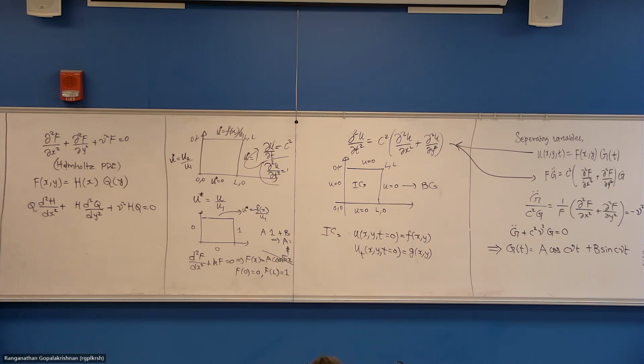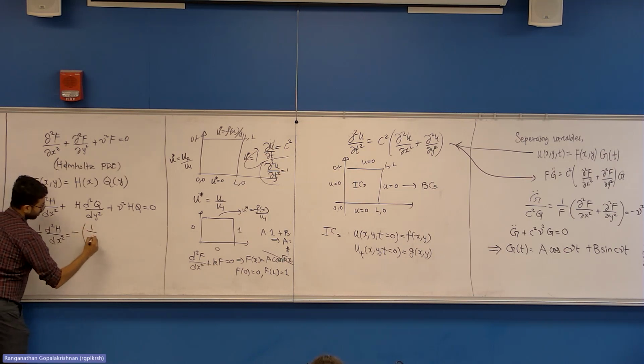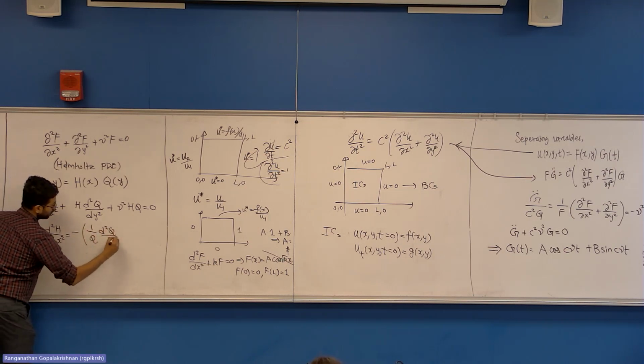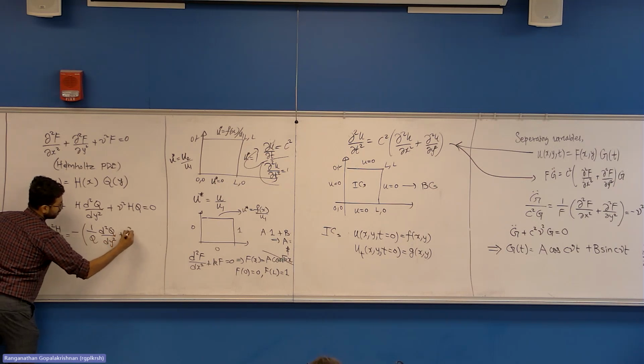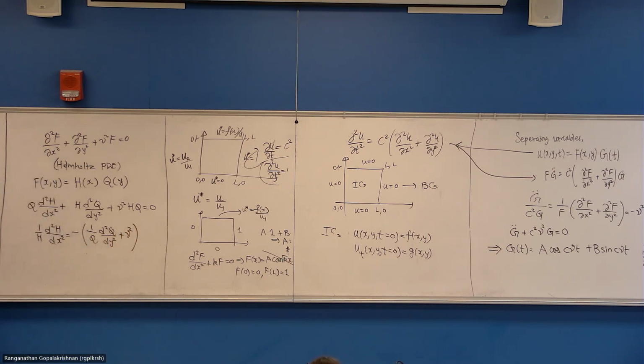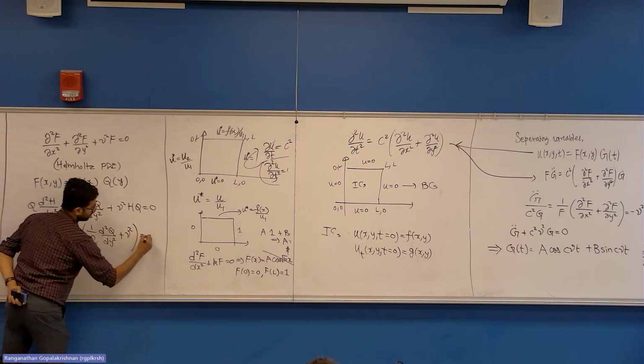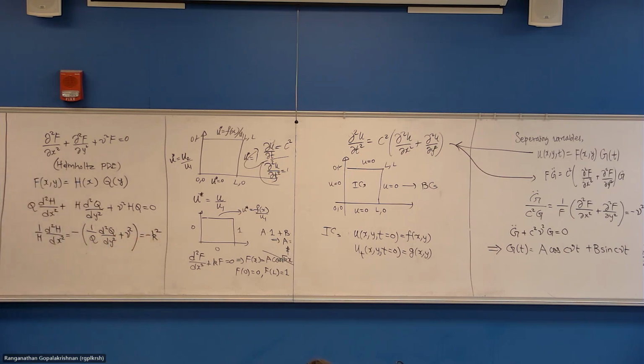Or we'll write it as 1 over H d squared H over dx squared equal to negative of 1 over Q d squared Q over dy squared plus nu squared, and this we'll say equal to minus k squared. So you get two ODEs: d squared H over dx squared plus k squared H equal to 0, and